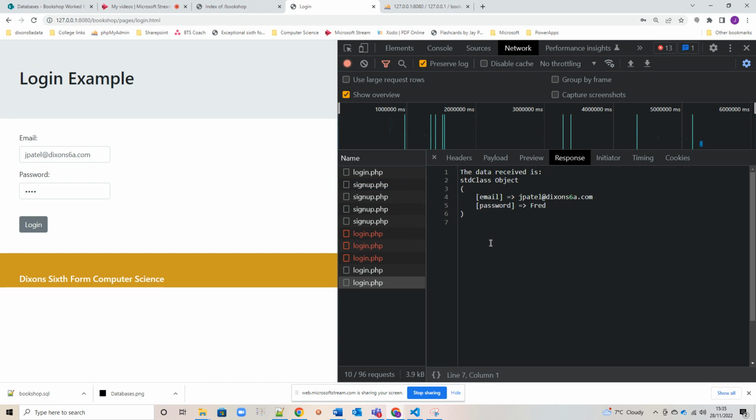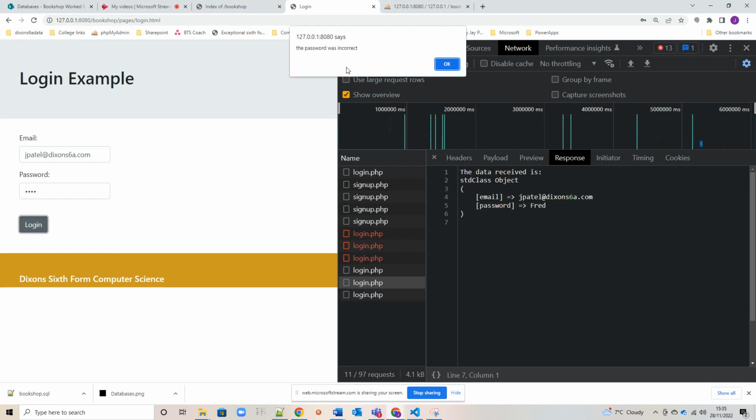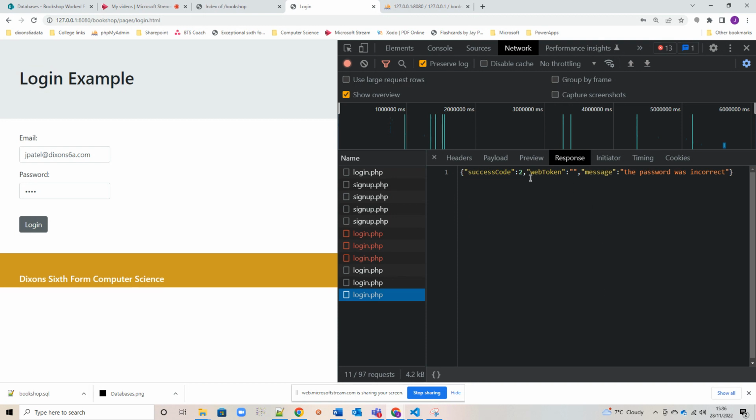We've done the editing on the server side, so we don't need to look at the client side. So if we click on login now, it's saying the password was incorrect. And I think that's probably because I've got a capital F there. So it's come back with that web token, password was incorrect. So if I try putting in Fred lowercase, hopefully